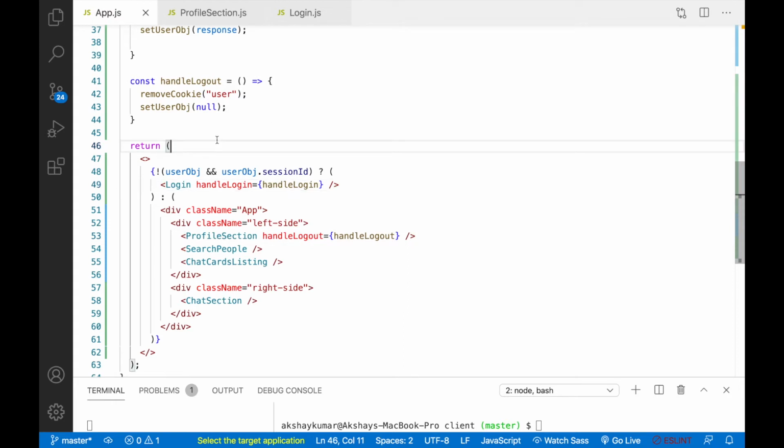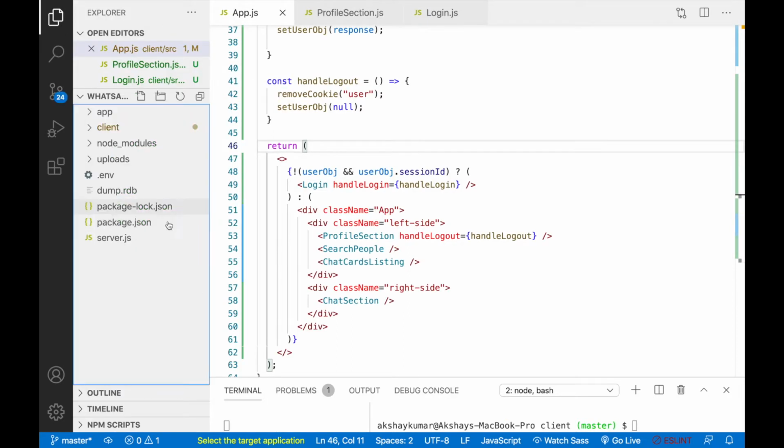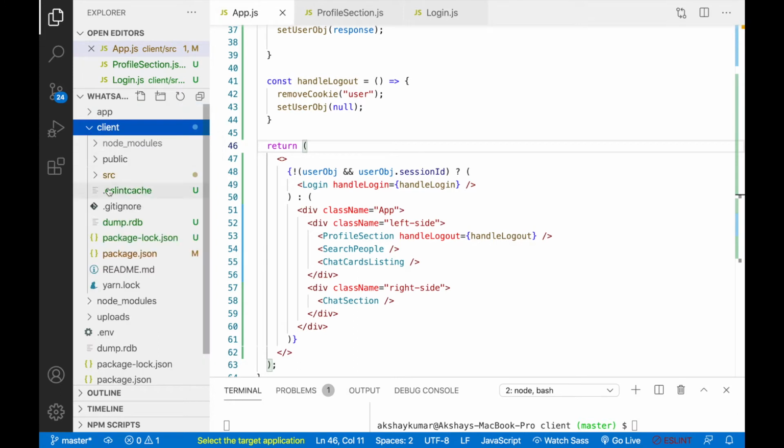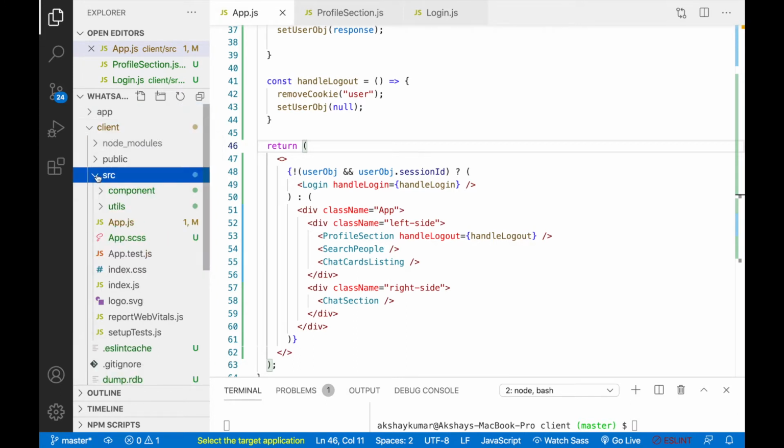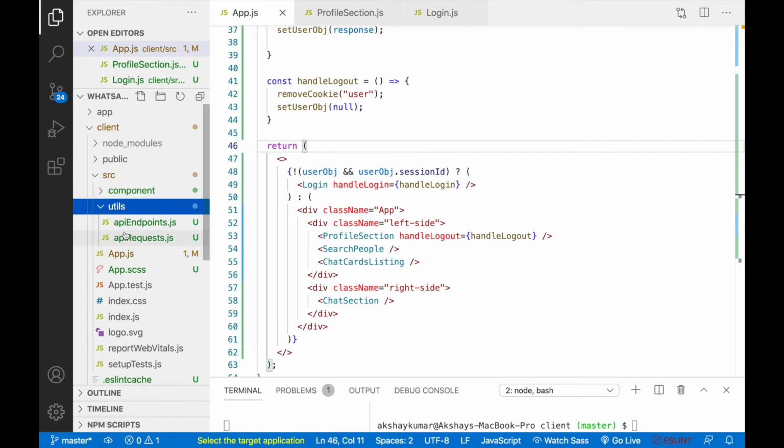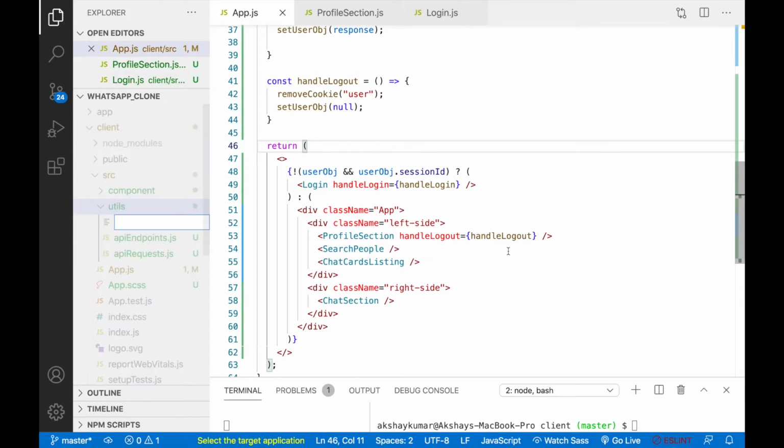Some basic things first. We need some reducers, some context and some helper functions. Inside our source, inside utils, first I will create one helper.js.